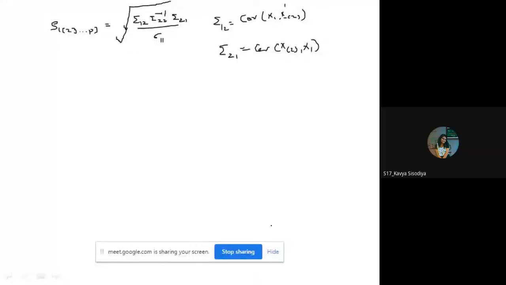सर आपका स्क्रीन विजिबल नहीं है। अच्छा, okay, now it is visible. यस सर।